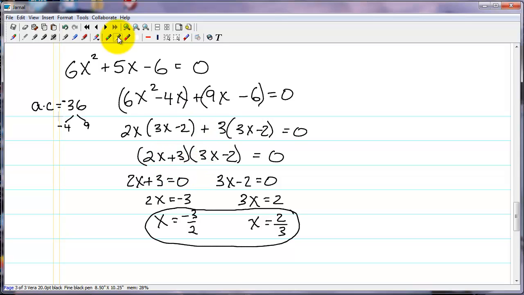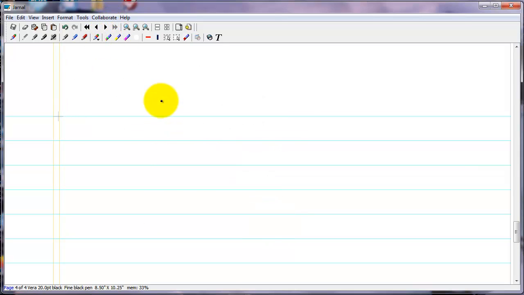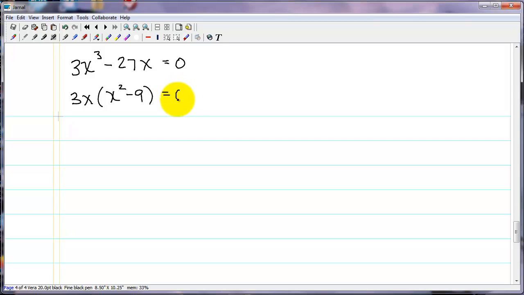Let's look at here one where we're going to use a difference of two squares factoring and also a combo factoring. So let's look here at 3x cubed minus 27x equals 0. So we can GCF factor out a 3x. This is now a difference of two squares, so that factors into